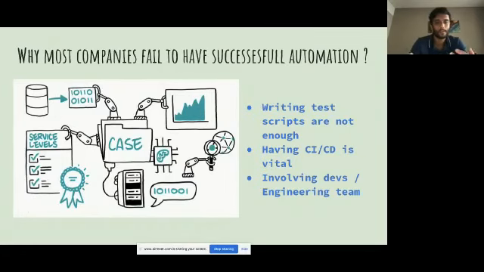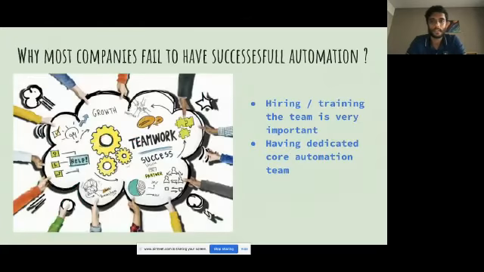That's where you need CI/CD, so that the engineering team gets to see the reports, understand what's happening in the automation space, give feedback, and you start having more visibility and more usefulness of the whole automation. The whole purpose is not just to ease the load on manual QAs, but also to give more clarity to the devs as well.